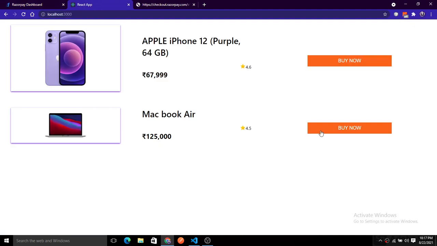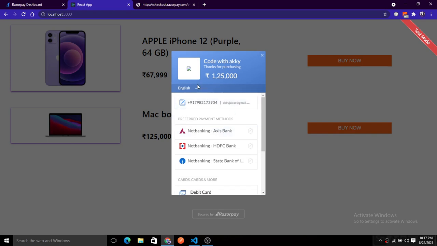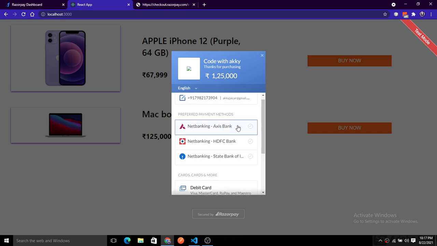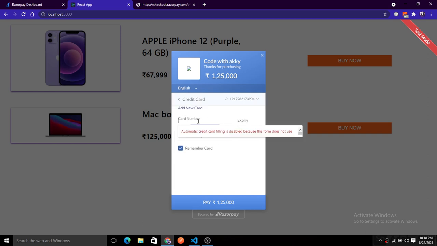So let's purchase a Mac here, and I click on this. Now you can see we have this payment option here. When you pass the logo of your website or any image, it should come here. Now you can see the payment options, the preferred payment option, the bank, this HDFC bank. All these payment options we have, and then we have a credit card here. Here you can add any card number. Basically these are test mode, so any card number works and the credit card is automatic.